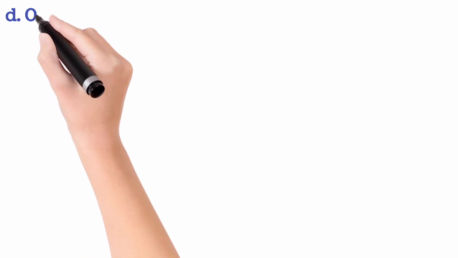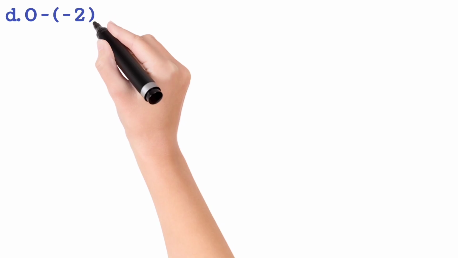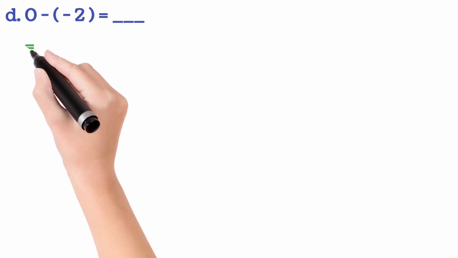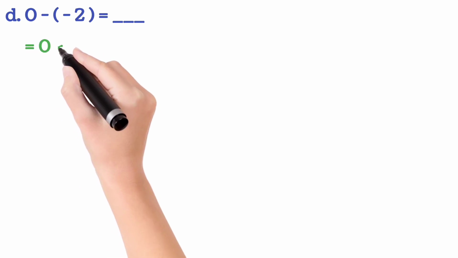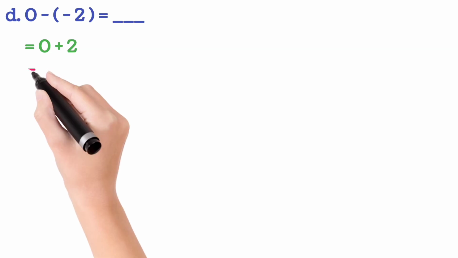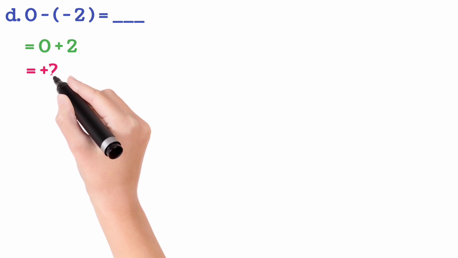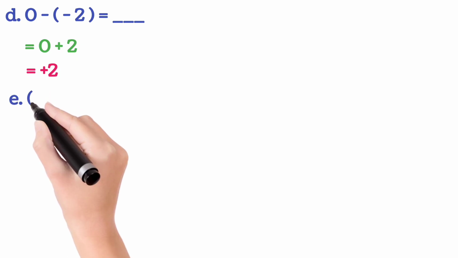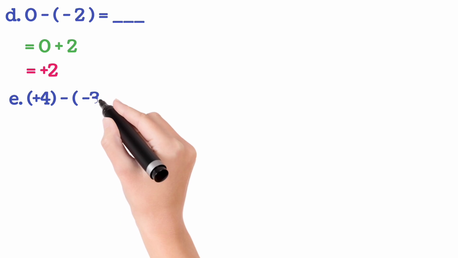That is sum number D: 0 minus minus 2, meaning your target floor is again the ground floor, but now you are at present 2 floors below the ground floor, minus 2. Let us solve. So 0 minus minus plus 2, so 0 plus 2 is simply plus 2. So you will press the plus 2 button inside the lift. I hope all of you understood. Now let us do the next sum.